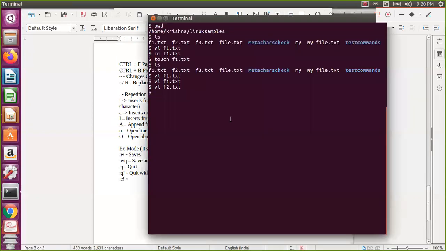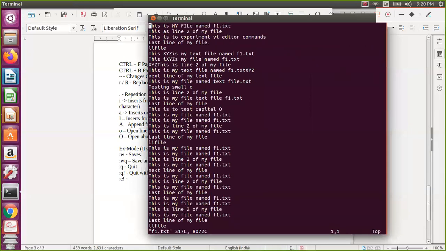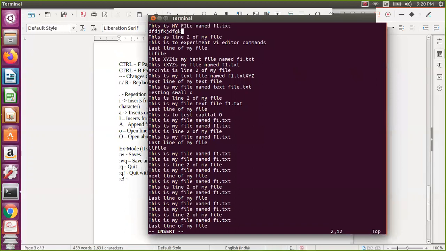So now we have seen all the three commands. Now let us assume I take f1.txt, I came back here actually. Now I did something, you know that if you want to quit, then colon Q, it will quit actually. So now let us assume I did some changes actually. Now I want to quit. I don't want to write, I don't want these changes actually, I want to quit.